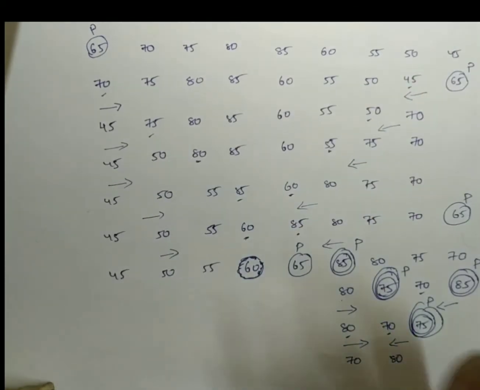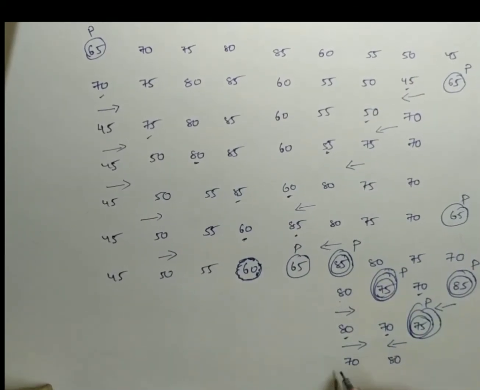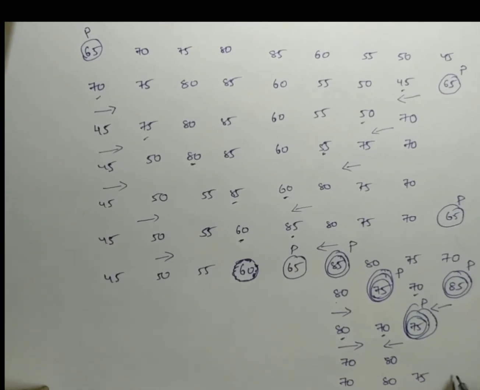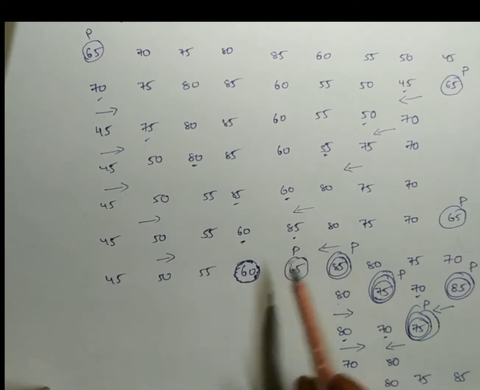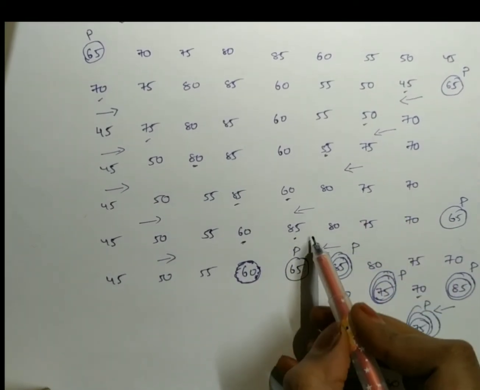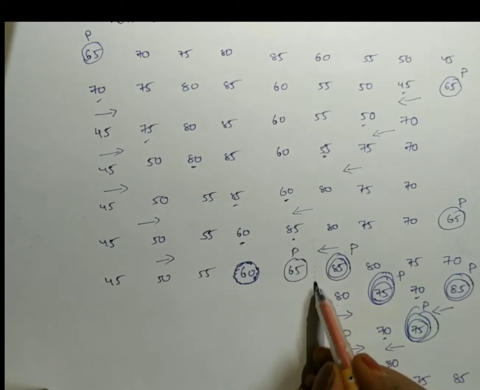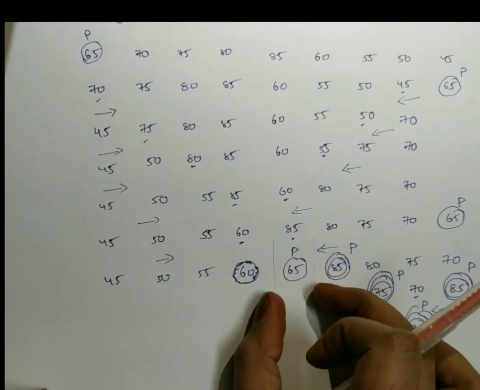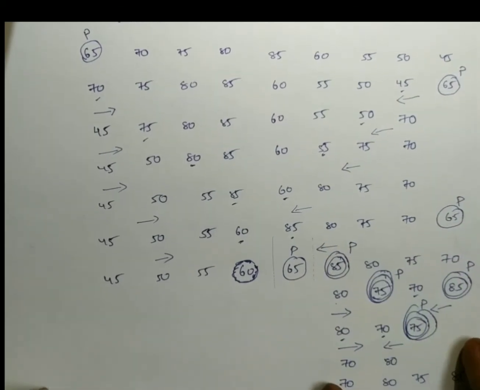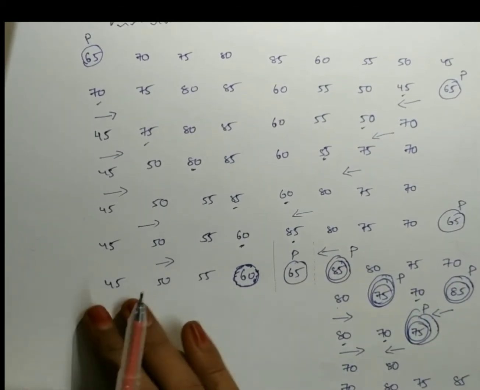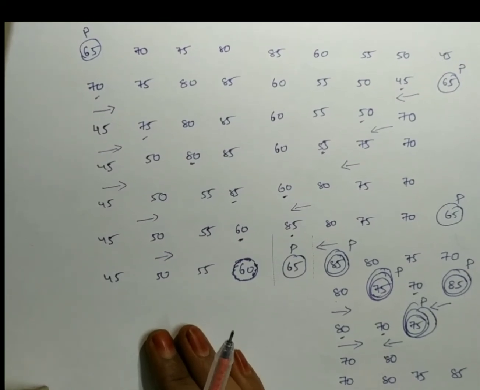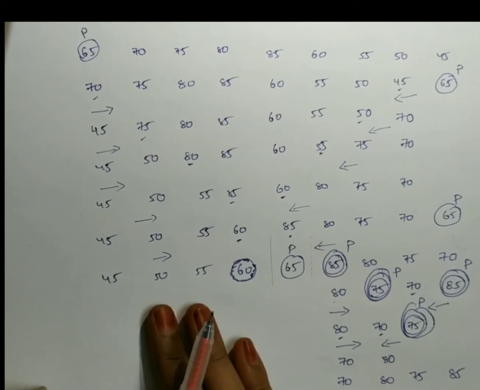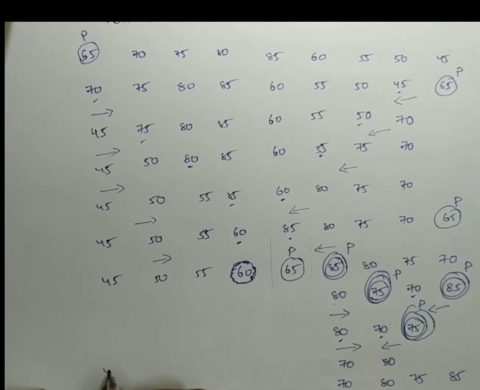Now I am placing all the elements in the list. See, 70, 80, 75, 85. As I have divided the given list into 2 halves in this current position, and by considering the pivot element, I have sorted the second list of elements in the sorting order, and in the first list we are not supposed to do any sorting operations as the list is already in the sorting order. So I am placing all the elements as it is.